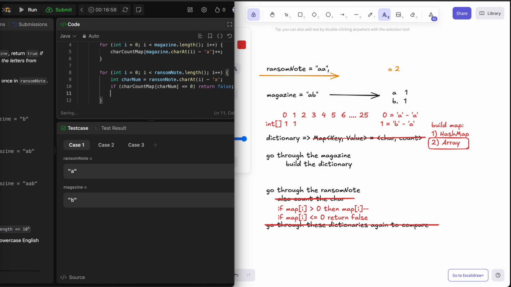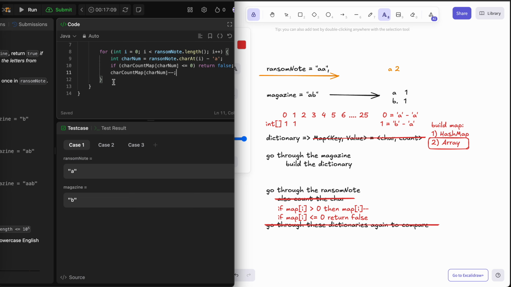But if we don't meet that situation, we can just minus 1 here. After all doing this, if it never returns false, it means that we can build the words, so